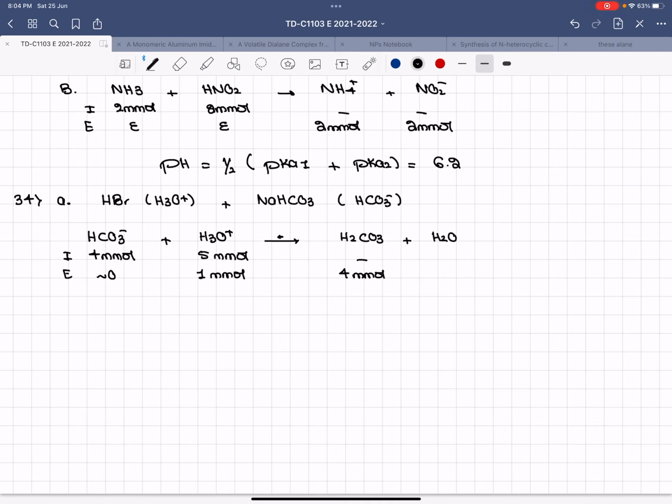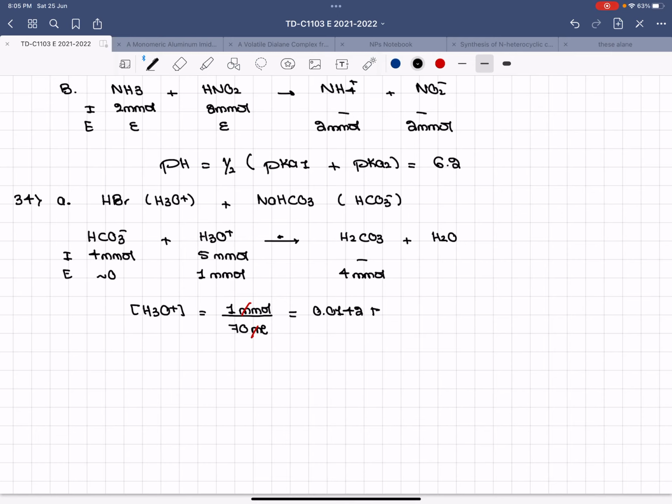So in your solution, you have a strong acid H3O plus, and you have the weak acid H2CO3. When you have strong plus weak, if the concentration of the strong is enough, and in most cases it is enough, neglect the weak. So basically, H3O plus is the number of moles, 1 millimole, divided by the total volume. It's always the total volume. It's 50 ml from HBr and 20 ml from the bicarbonate. So that's 70 ml. Millimole will cancel milliliter, and you have mole per liter, and 1 divided by 70, which is